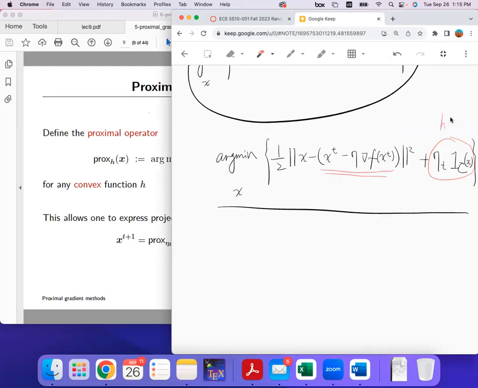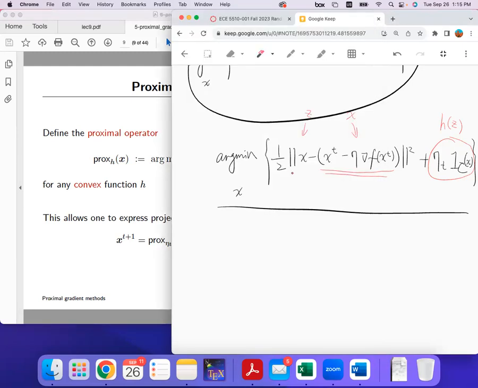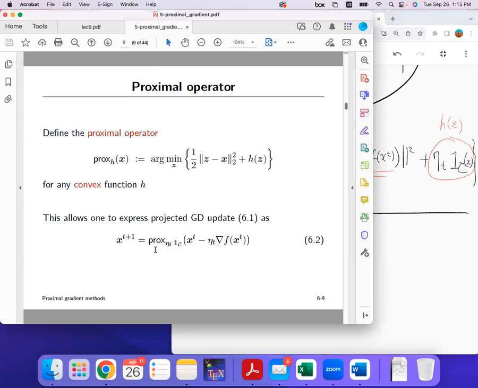This is our h(z), right? This is our z, this is that x. And then you see this falls into that definition of the proximal operator. So we can express